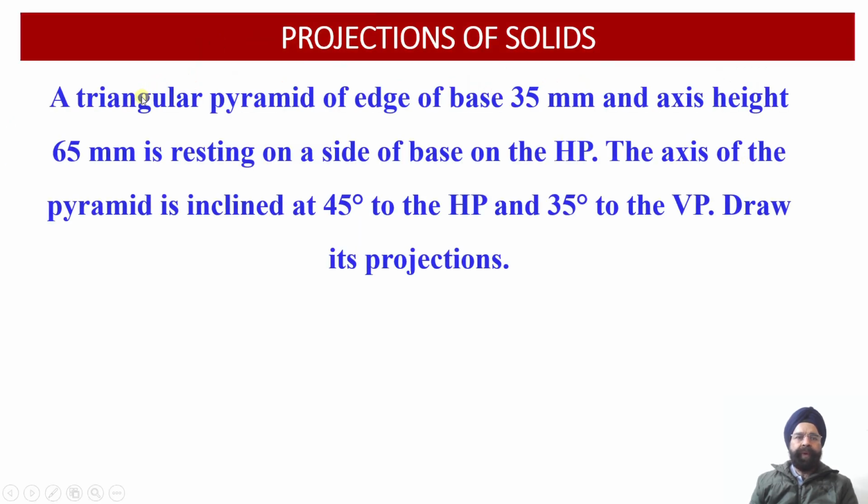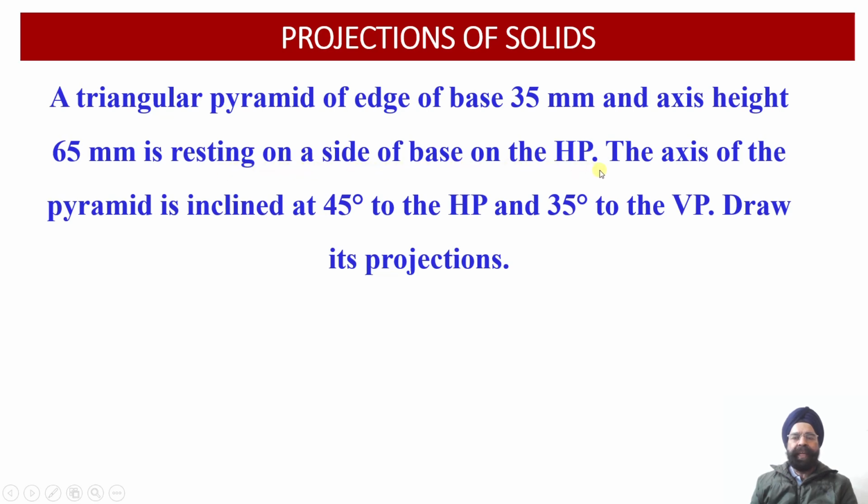Now here we have been provided with a triangular pyramid which is having edge of the base equal to 35 millimeter and axis height equal to 65 millimeter. Since we have been provided with edge of the base 35 millimeter, it means that this triangular pyramid is having base as an equilateral triangle, and this triangular pyramid is resting on a side of its base